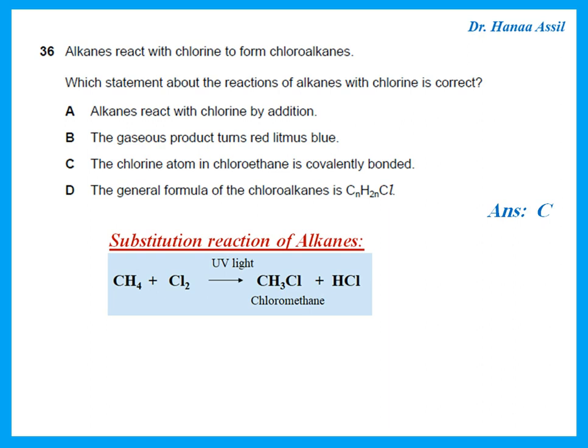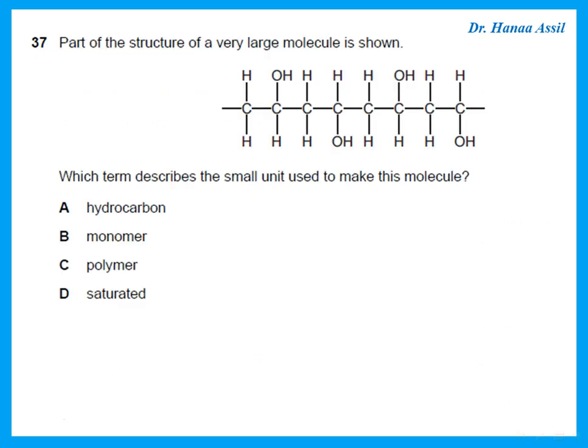Now, the general formula of the chloroalkane is CnH2nCl. Well, let us see. If n is 1, then this is CH3Cl, so we have 3 hydrogens. It's not H2n, so this is not the correct general formula. Part of the structure of a very large molecule is shown. Which term describes the small units? Remember, this large molecule is called a polymer. The small units from which it is made are called